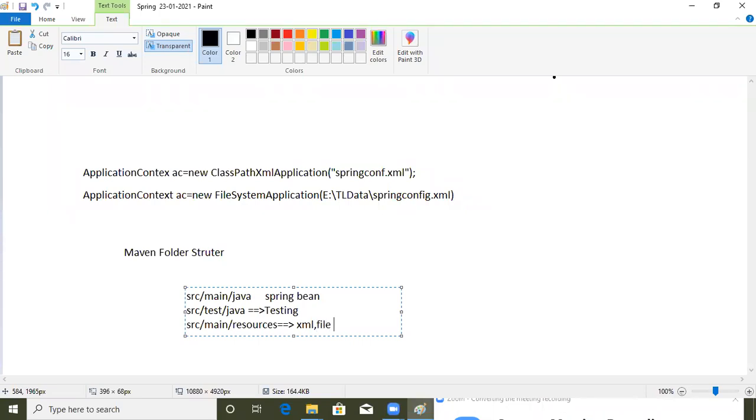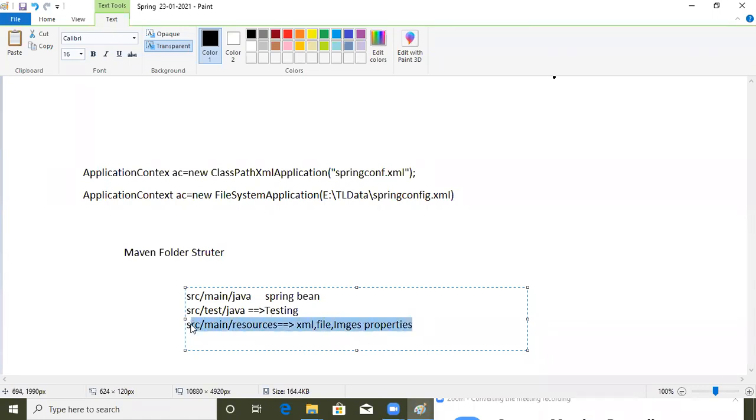Or we can write images, because whenever we develop a web application, images are required. And property files, those things we will write in this folder, in the Maven structure.